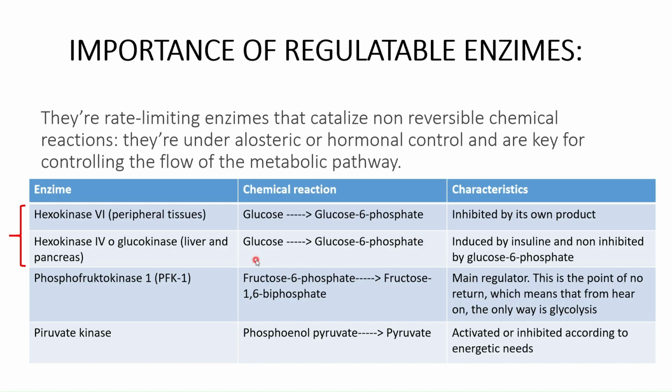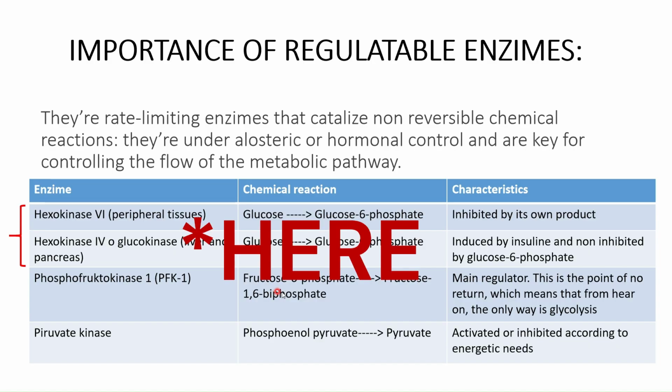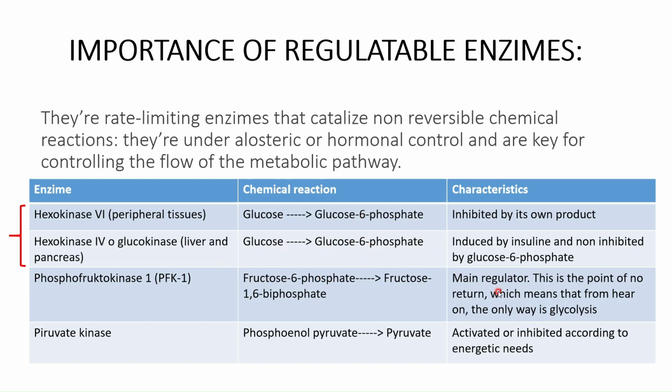Phosphofructokinase, or PFK1, turns fructose 6-phosphate into fructose 1,6-biphosphate. This is the main regulator, as we were talking before. This is the point of no return. This means that from here on, the only way that we are going to go is through glycolysis. And the last enzyme that can be regulated is pyruvate kinase, which turns phosphoenolpyruvate into